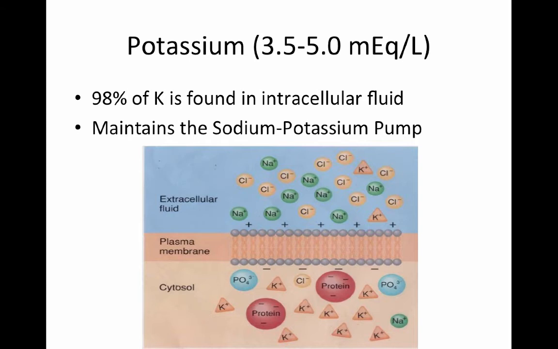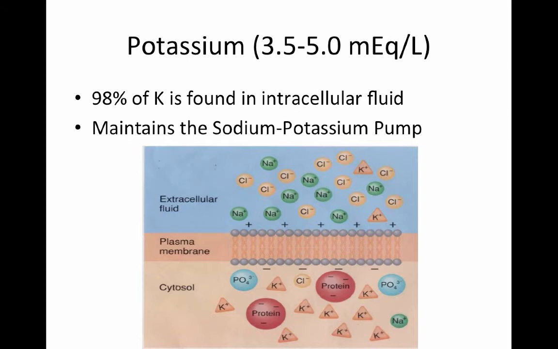So normally the resting membrane potential is an exchange of 3 sodium for 2 potassium across the cell membrane. And when that potassium starts to shift, it begins to depolarize the cell, which leads to muscle contraction. And then after the muscle has contracted, the potassium and the sodium will shift again in the same ratio, and that will cause the resting membrane potential to return to its resting state. So potassium is very, very important to maintain